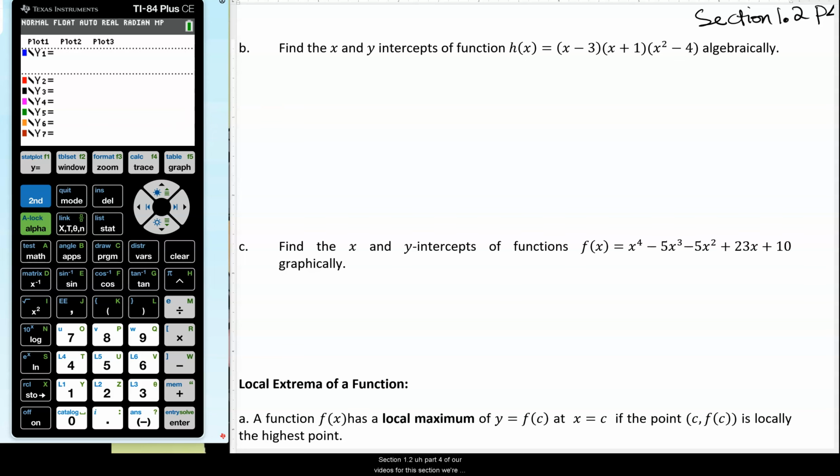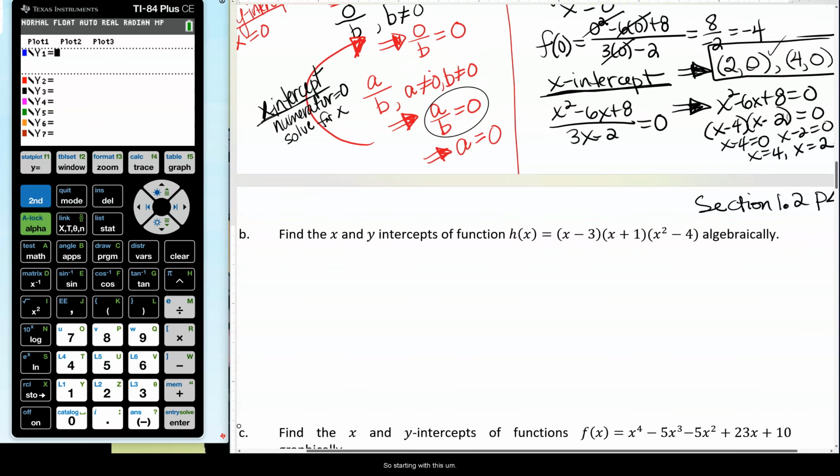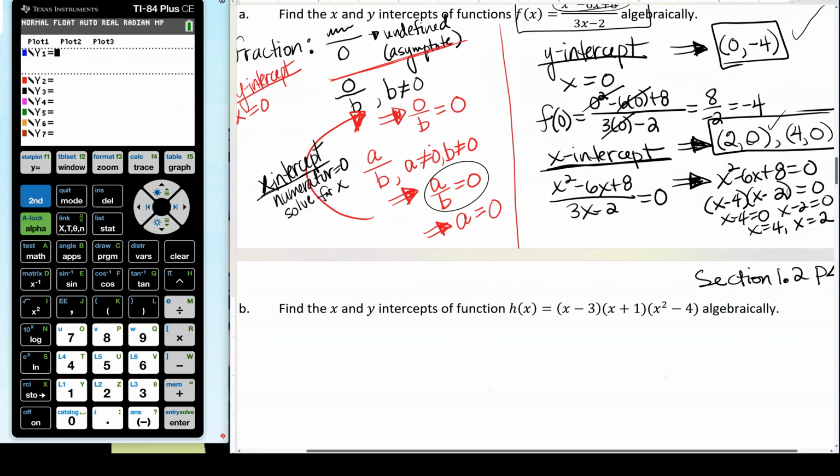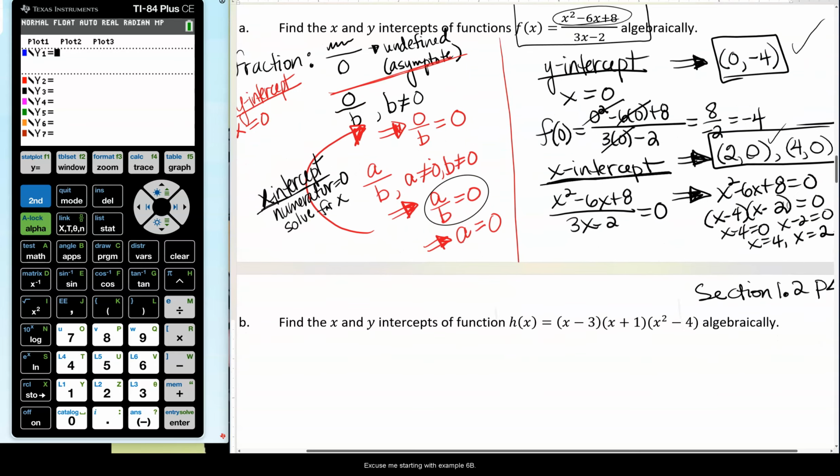Section 1.2, part 4 of our videos for this section. We're going to cover a few more examples on finding x and y intercepts, both algebraically and graphically, and then take a look at the idea of local extrema. So starting with example 6b,